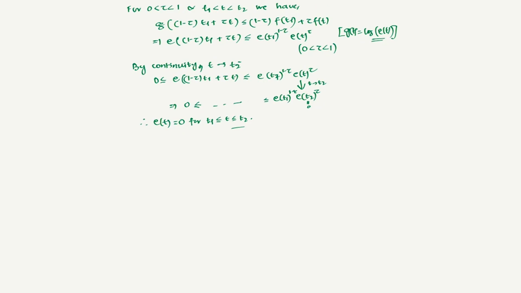That is a contradiction to the fact that e of t is positive, that is what we assumed, and hence it is proved that e of t has to be identically equal to 0, that is u should always be u delta, clear,